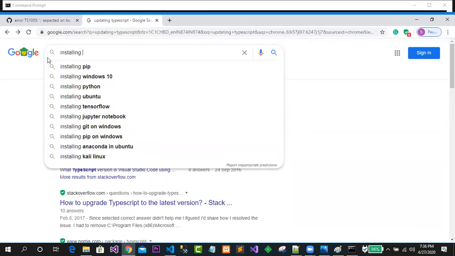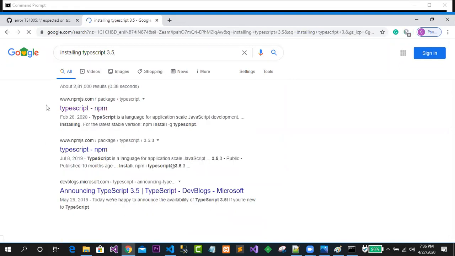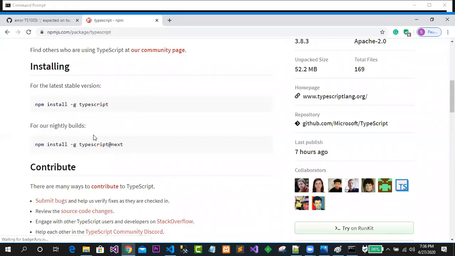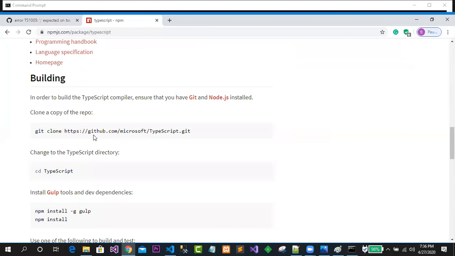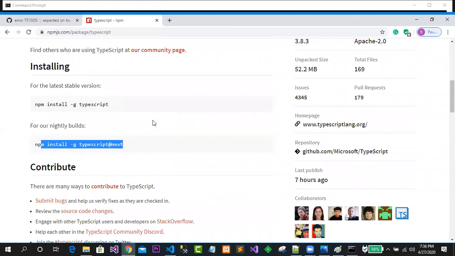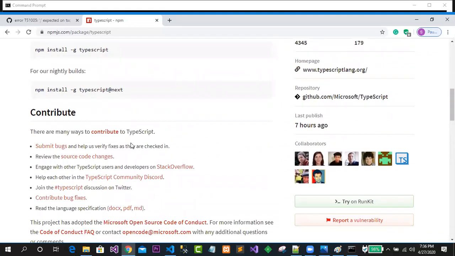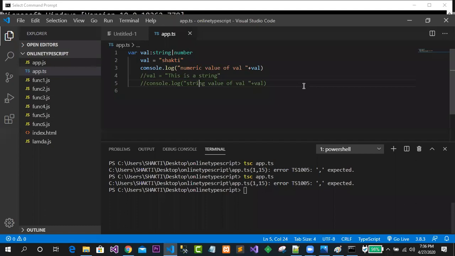Installing TypeScript. Okay, 3 point something like this, whatever it is, the latest versions. You can see here in this case what the thing is that you find here. Still it has not given anything else. It has given only this code. But what is the thing that we can go for here? So let me check. Okay, so exactly this code is not supported in the case of your older versions.